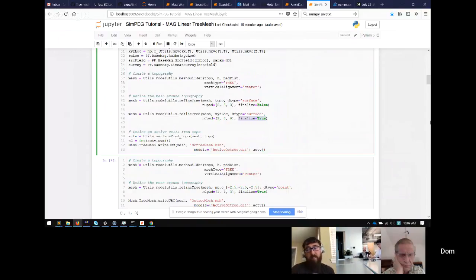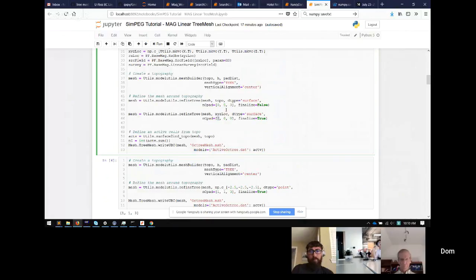Yeah, that's right. So for instance, here, I want to break down the mesh. I'll go through the refine tree function later, but I want to discretize coarser on the topography, because the topography is pretty large. So I'm only going to discretize on the second and third tree level, but I don't want it to construct it now, so I'll hold off the construction of the mesh by inserting a false statement, and then I'm going to call that function again with my survey locations. And I'm going to discretize finally at the highest level